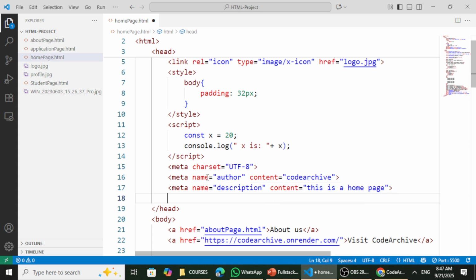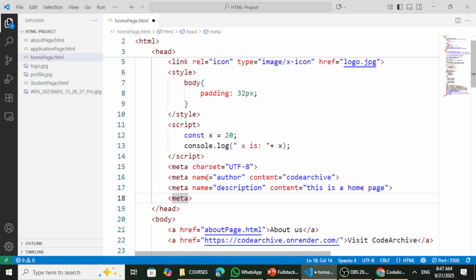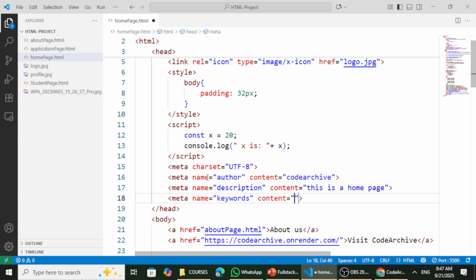Another piece of information we can define is the keywords which will be used by the search engines. So we say name, keywords, and in the content we provide the keywords. The keywords are all those words that you think the users will use to search your content. And if we are developing a learning management website, then the possible words would be, for example,